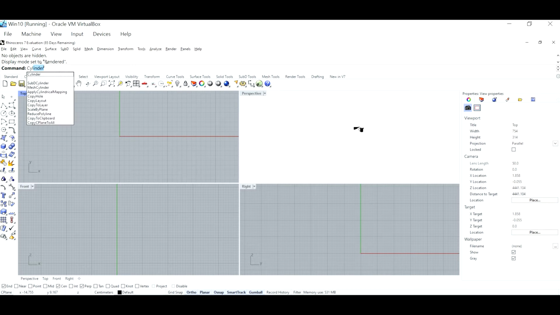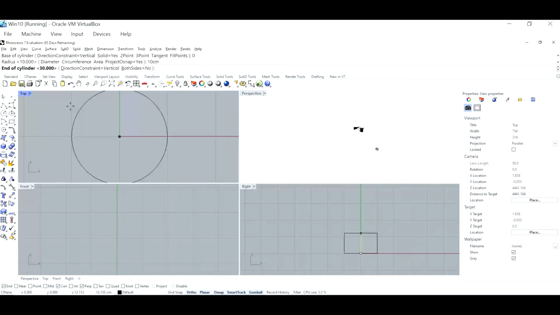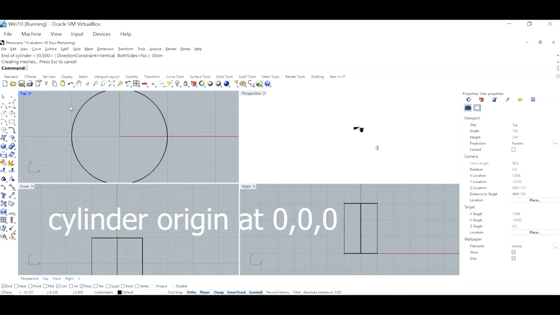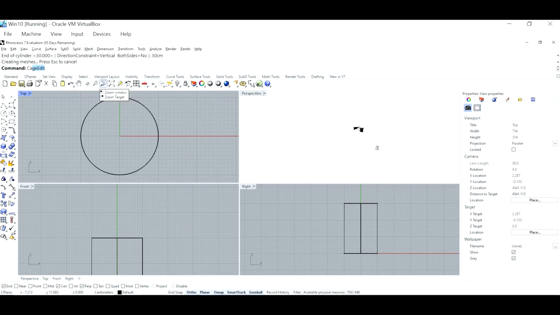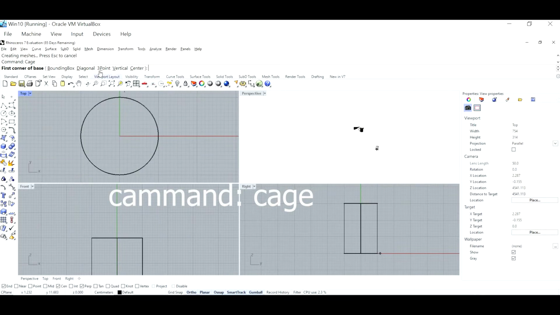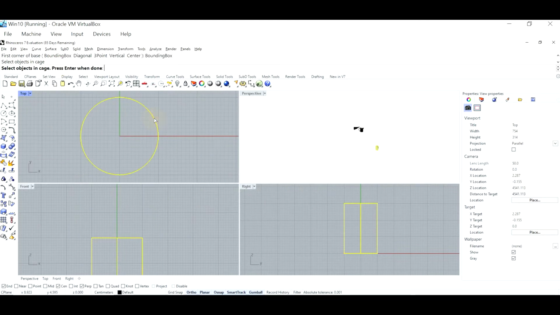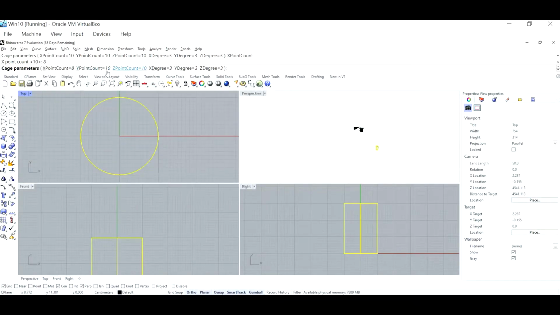So type cylinder with center at 0 and then a diameter of 10 centimeters and a height of 10 centimeters. So this is 10 centimeters diameter and 30 centimeters long. Now we're going to modify the points by creating a cage, and we're going to use a bounding box here, enter, and with respect to the world, which is the plane with the grid, and then we're going to go ahead and change my control points to 8 in X, 8